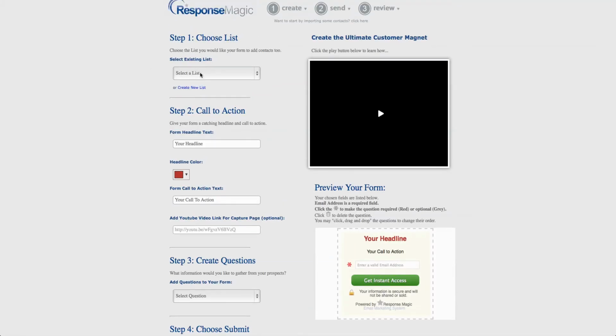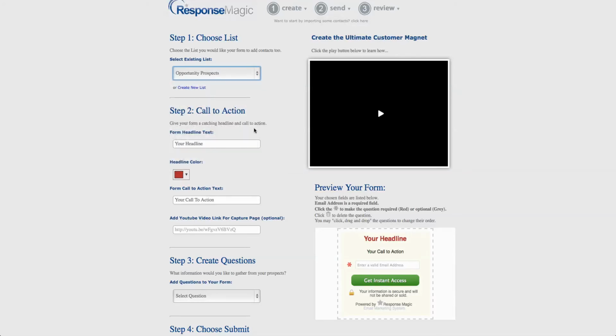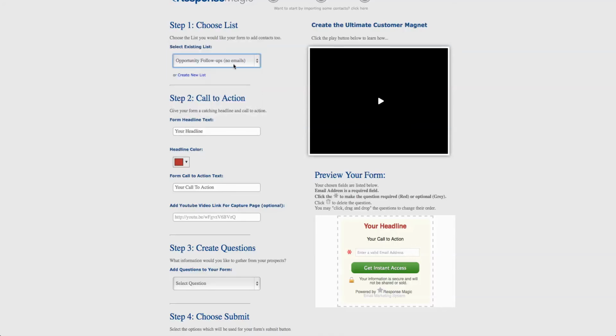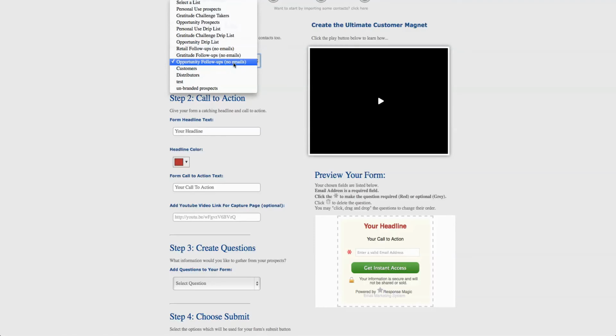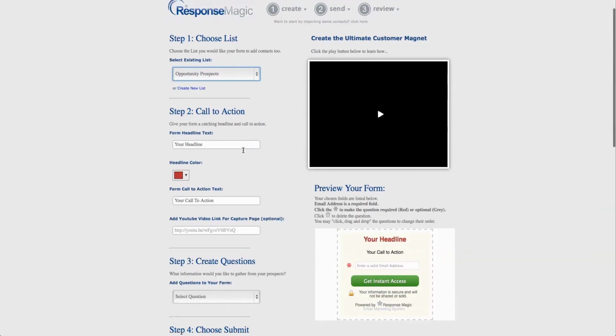But the first step is to select the list. So let's say I'm going to go after opportunity prospects. Or maybe I don't want them to get any emails when they opt in on Facebook. So I'm going to go opportunity follow-ups, no emails. Or maybe I'm just going to go opportunity prospects list. So there we go. That's what list they go into